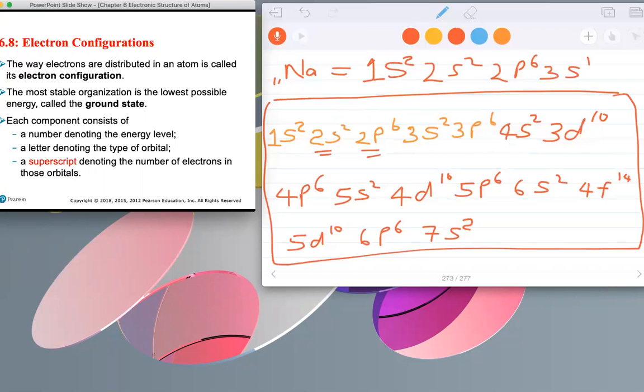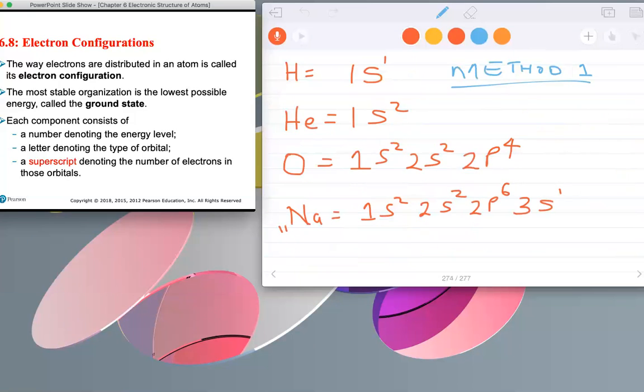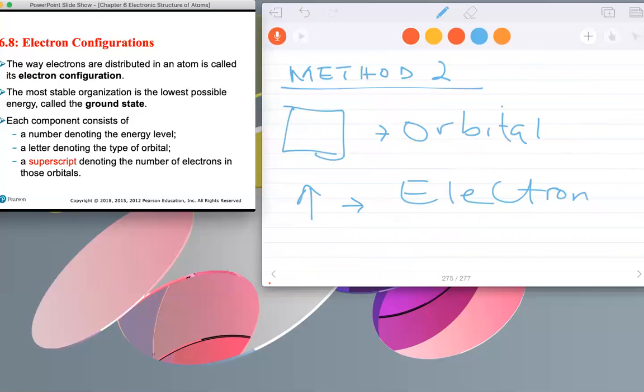In order to understand the other two methods, you need to understand this main one. I call it method 1. And method 2 is the orbital filling diagram, where a box or a dash represents an orbital, of which the definition of this orbital is,